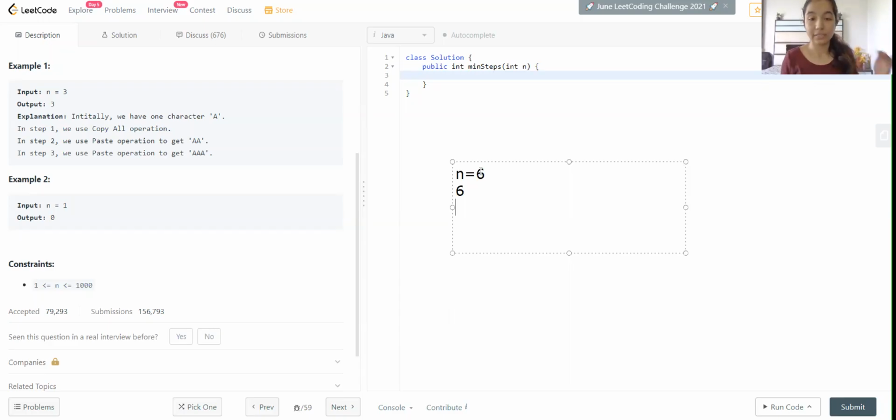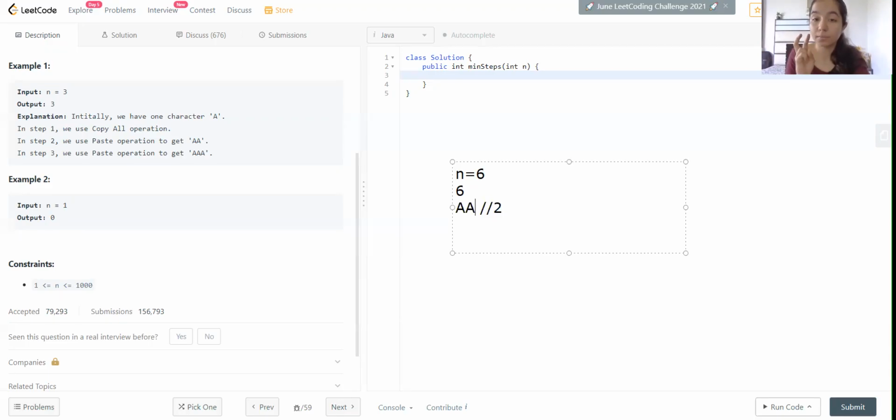So we iterate through the present string, that is A. Now if we copy this and paste it once, we get AA, and the total number of operations is 2, as we copied A once and pasted A once. After that, we can copy this whole thing and paste it 2 more times, because 2 into 3 equals 6.